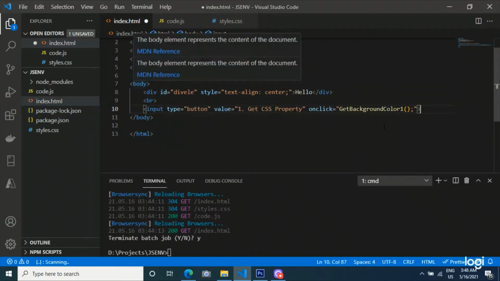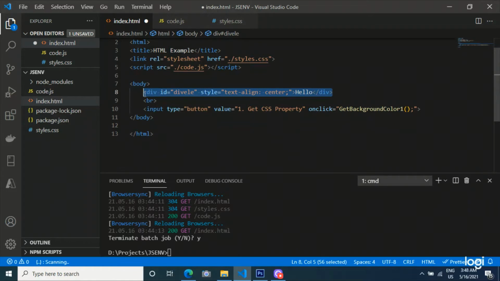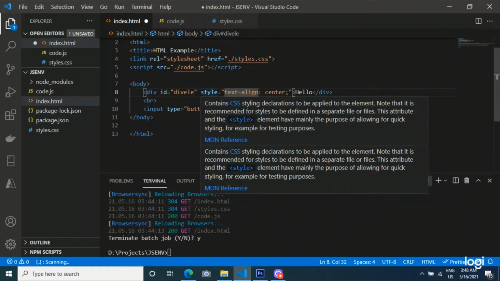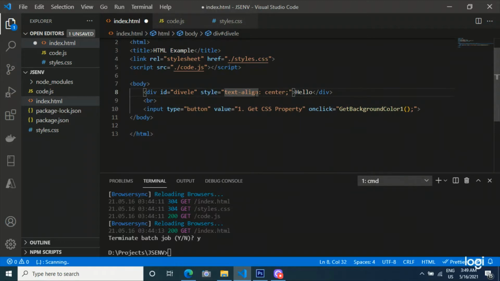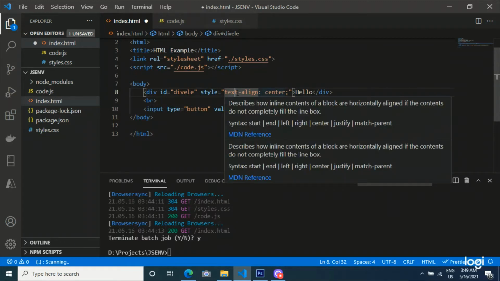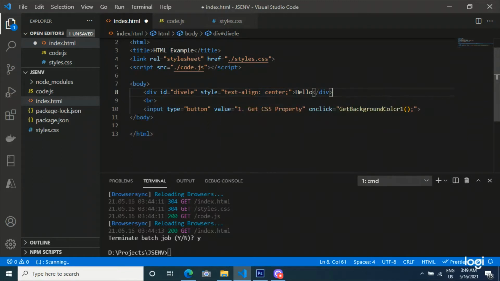One is a div element with the id named div, and it has an inline style with the text-align property with a value of center. And one more element is there, an input button. It has an event to call the function getBackgroundColor1.